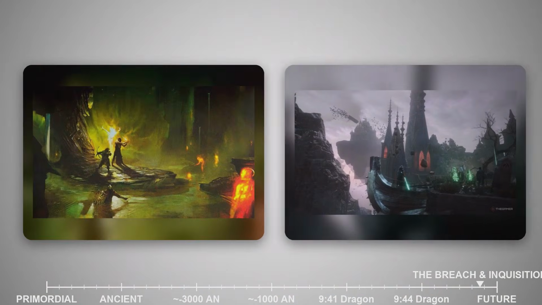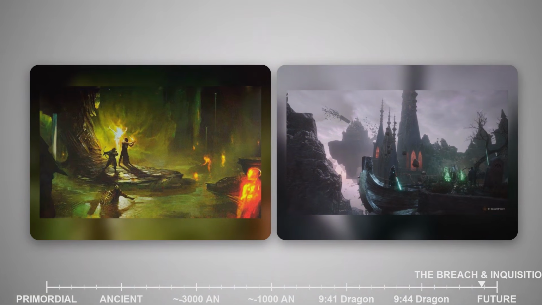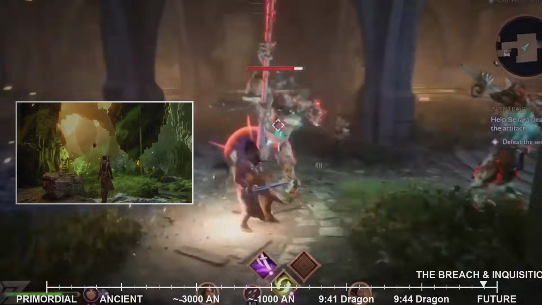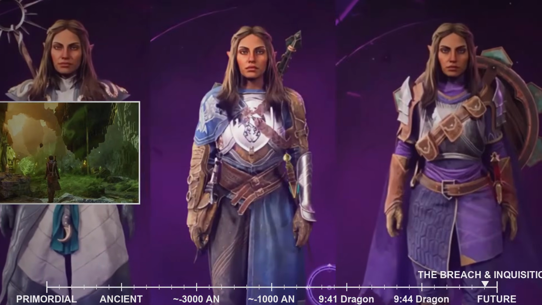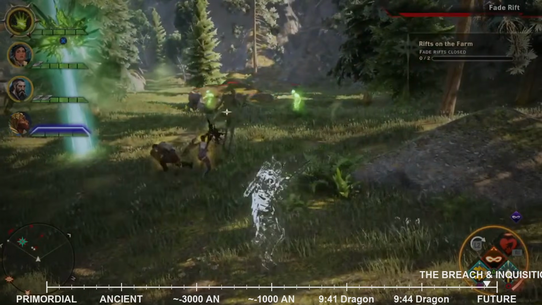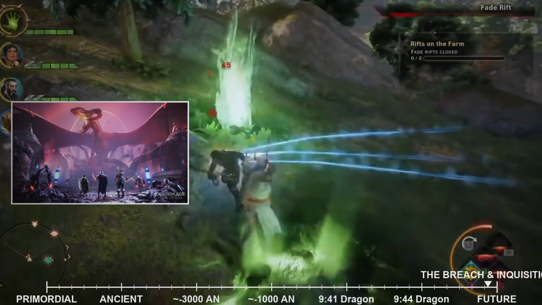The Fade, for those unfamiliar, is the ethereal realm of dreams and spirits, a dimension parallel to Thedas where magic originates. Under normal circumstances, only mages can enter the Fade through meditation or dreams, and even then, only briefly and with great discipline. The Breach, however, was a raw, uncontrolled rupture, spewing forth demons, creatures of the Fade, into the physical world in unprecedented numbers.